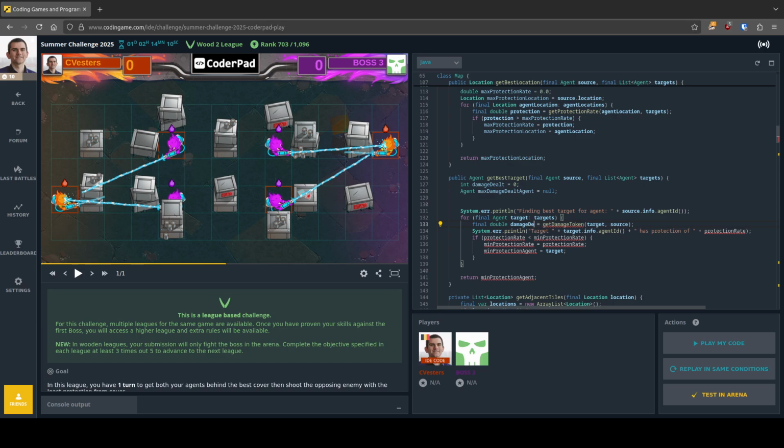I'll say damage taken. Okay, if damage taken is larger than max damage dealt, I'm gonna call it max damage dealt to keep consistent with some of the other things. If the damage he takes is larger than the damage I've dealt before,